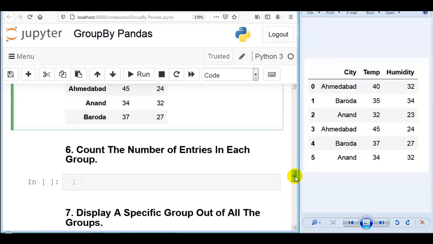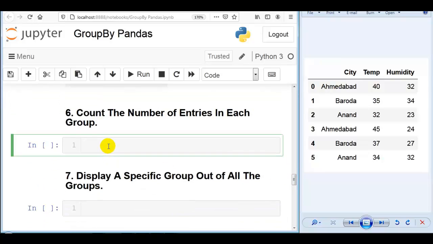Now next question. Here we have to count the number of entries in each group. Here we are using very small data frames, so it is very easy to count. Also we can count these entries manually. But if you are having a very large data frame, then it's very difficult to count the number of entries in each group. So